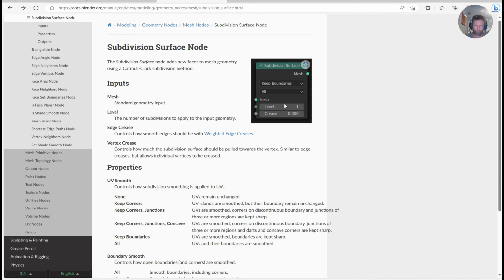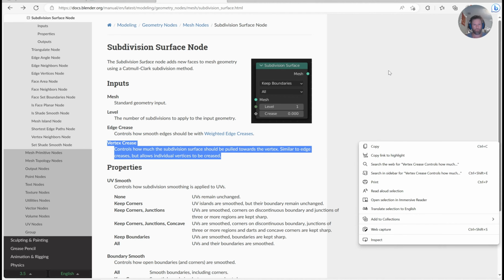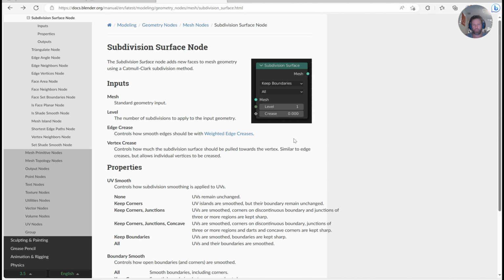You have different levels. You can maintain UVs on the islands. You can maintain how they're smooth on the edges, the junctions, boundaries. It has weighted edges if you put on an edge crease, and some other functions like the vertex crease, which is actually pretty cool. So it controls how much the subdivision surface should be pulled towards the vertex, similar to the edge creases, but allows individual vertices to be creased. And if you don't know what any of that means, it's just a way of protecting your UVs